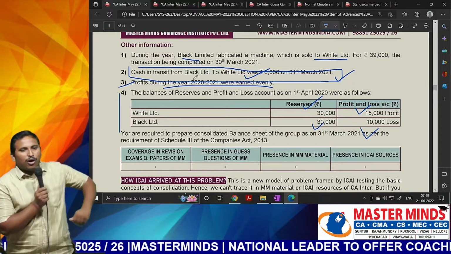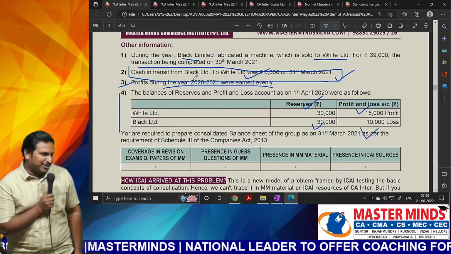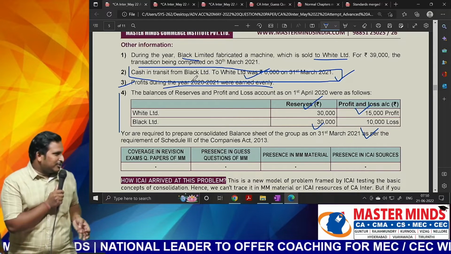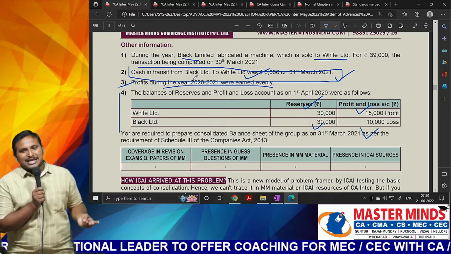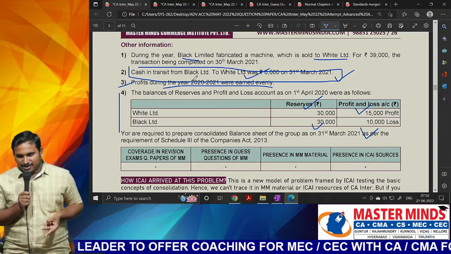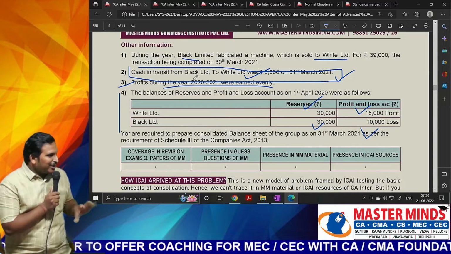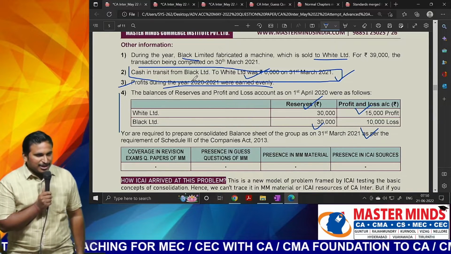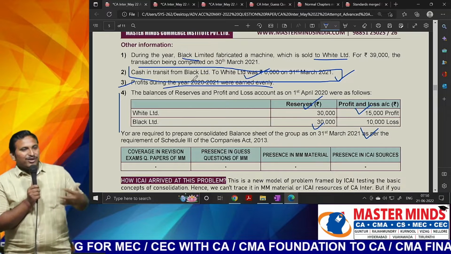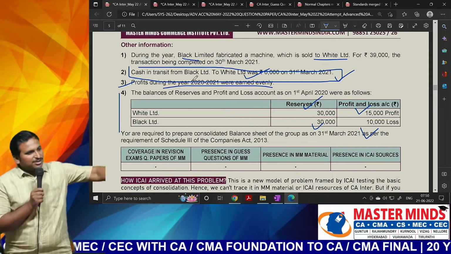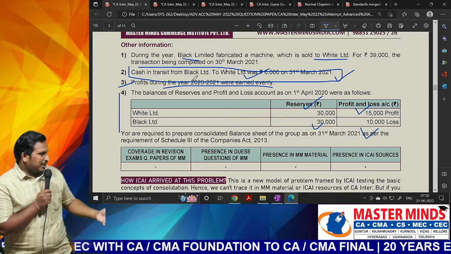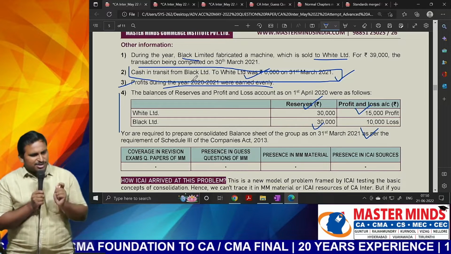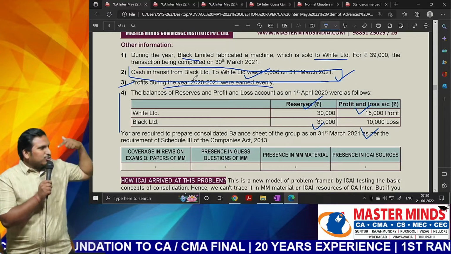Because in group 2, all are big chapters only, like amalgamation, consolidation, partnership accounts, 3 big chapters. Almost every chapter will be given for 15 to 20 marks. More than almost 60 marks you will be getting only from these 3 chapters, sir. Are you getting the point? So it's not that you should be afraid because of 1 or 2 points. When the question is a big question and they want more and more points from you, 1 or 2 points may be outside the box, sir, or else at least something you should think.